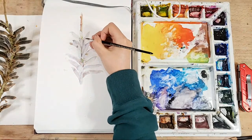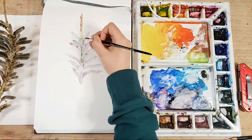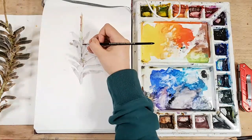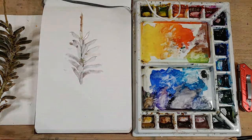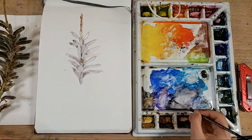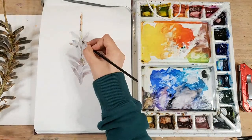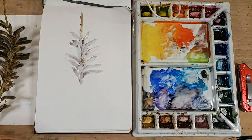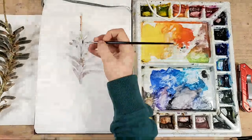Anyway, here I'm going to start wetting this. And actually, there's a little darker area in here, like a little shadow from a bit behind. I'm just going to let that be there. Hopefully it won't spread too much. So we can then